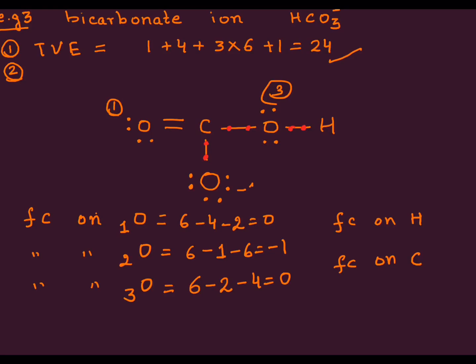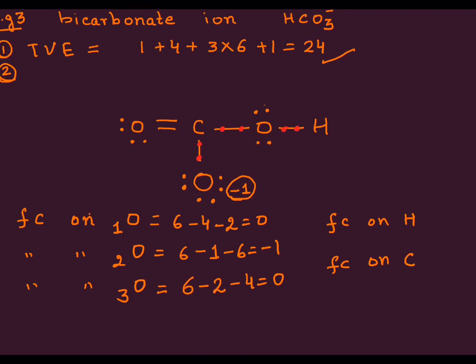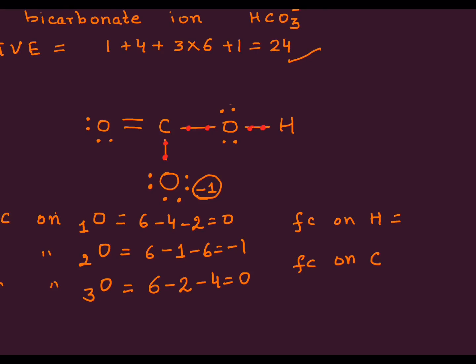So probably, by logical thinking as well, in future we can do away with the step of calculating the formal charge for oxygen which is singly bonded, and we know that it's minus 1, right? We saw it in our previous structure as well. Now, next go on to the formal charge on hydrogen. So it's 1 valence electron, 1 bond, so 0. Formal charge on carbon. So we have 4 valence electrons and 4 bonds, 0. So overall, this molecule has a charge of minus 1.